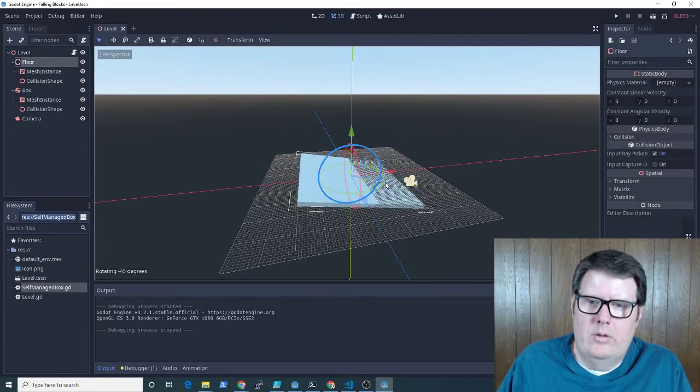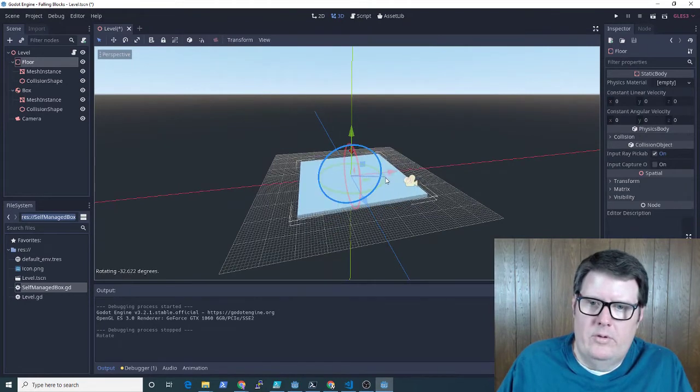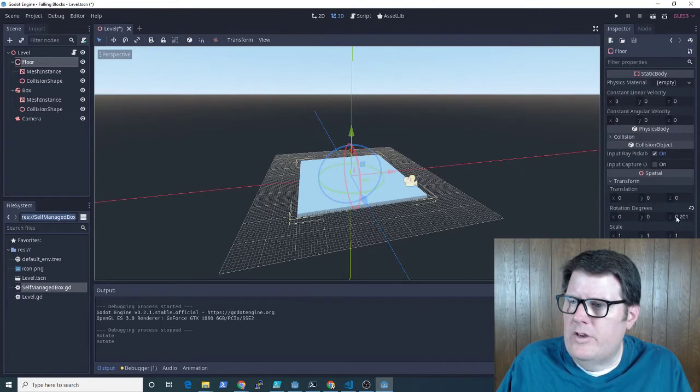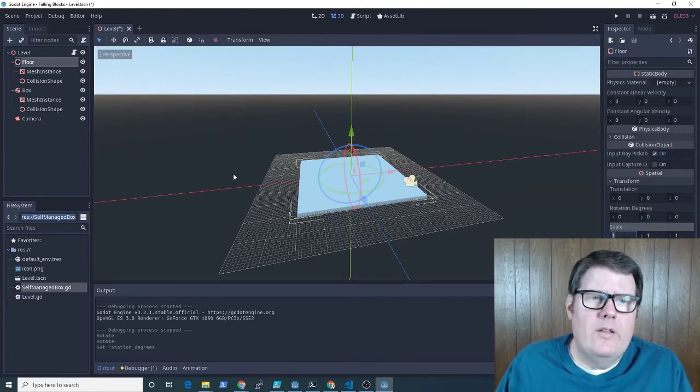Oh, probably shift. No? Or we'll just go to the matrix rotation 0. Now it's straight. So